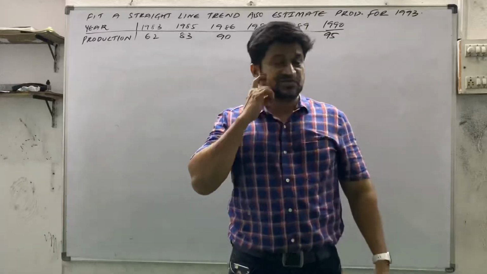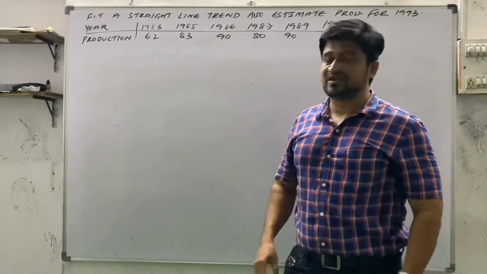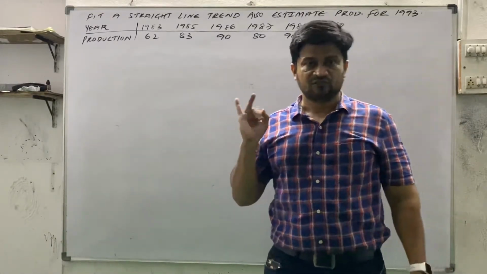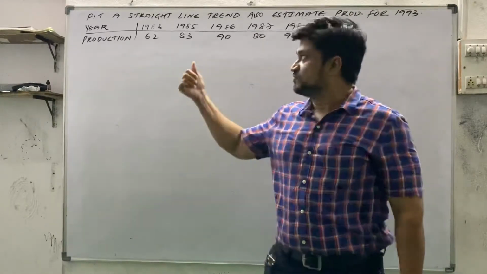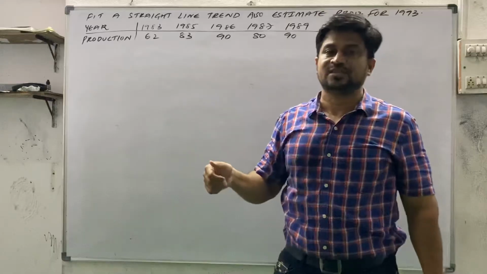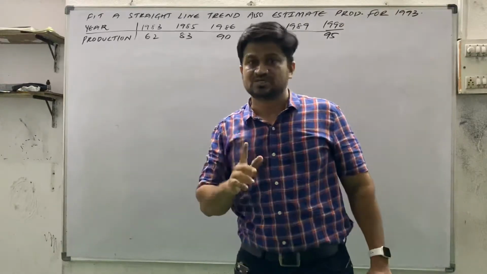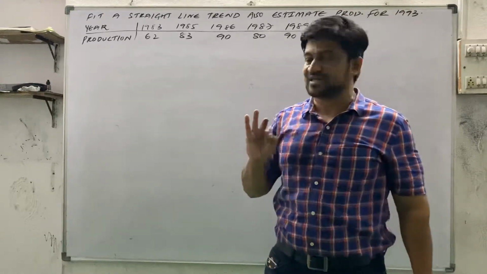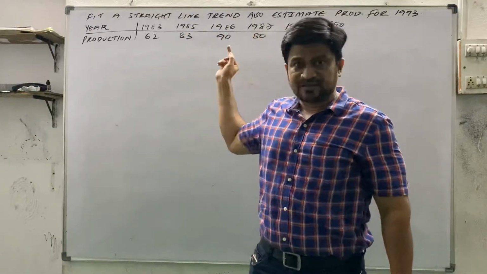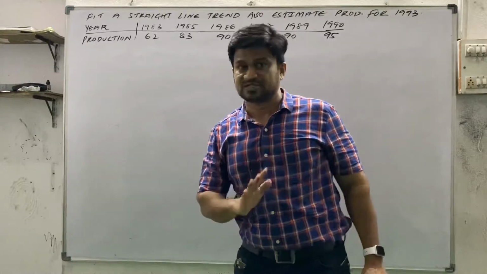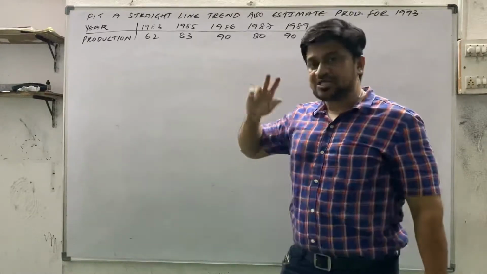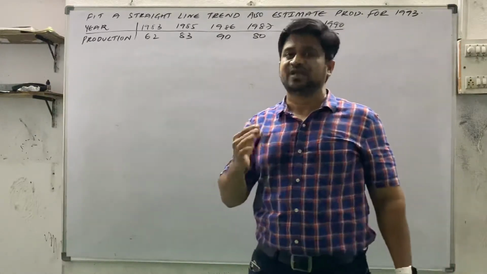So this one is the last video for the time series unit. As we have discussed the 3 yearly moving average and 4 yearly moving average, from this one, when an odd number of years is given, how to find the straight line trend. Three names are there for this: either straight line trend, or linear trend, or trend by using the least squares method. Then in the least squares method, we will be having three different types of questions.